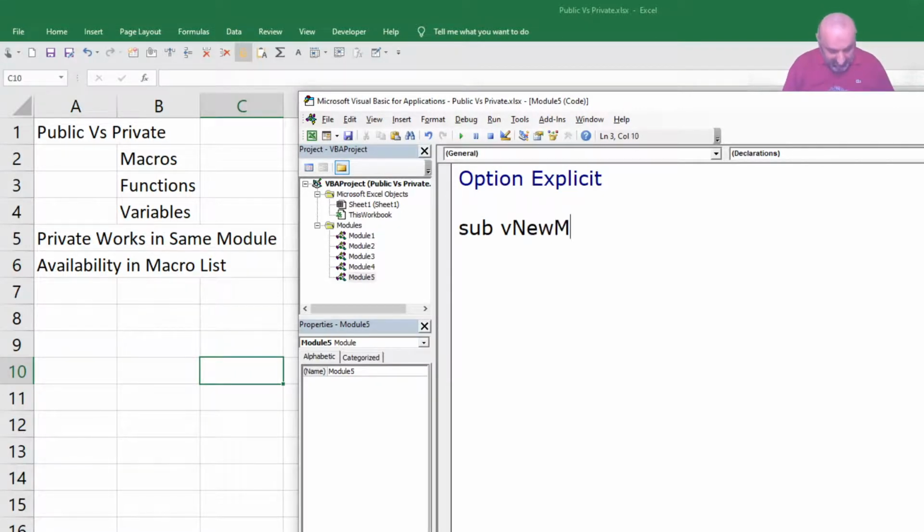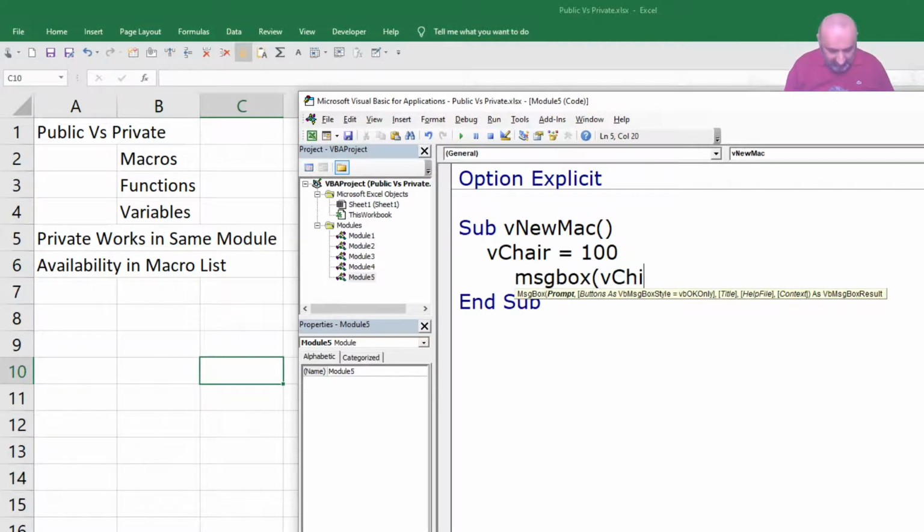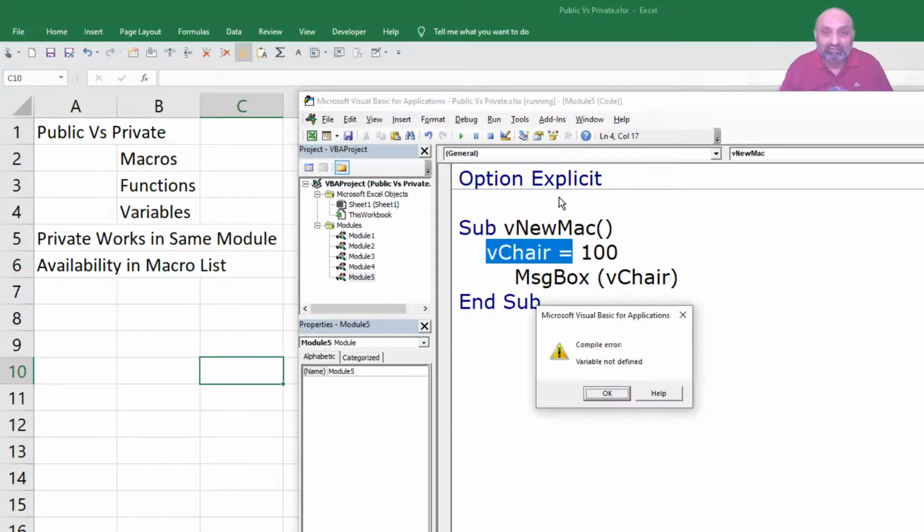New Mac, I am getting out of names. New Mac, and let's say v chair is equal to 100 and msg box v chair. I have not declared what is chair, and let's see if Excel is going to give an error. And as soon as I pressed F8 key, there was a compile error, variable not defined.